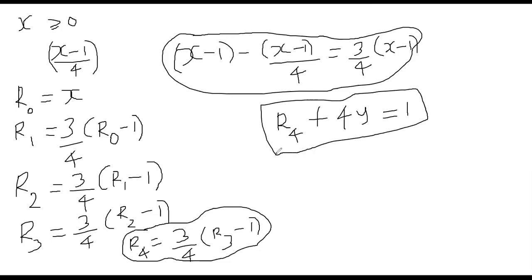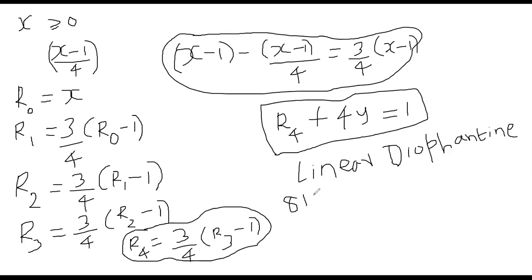Okay, so this is a linear differential equation which we can solve. I have talked about how to solve linear differential equations in my other videos. Anyway, I substituted all of these, replacing R3 by R2 or R2 by R1 and so on, and got an equation like this: 81x plus